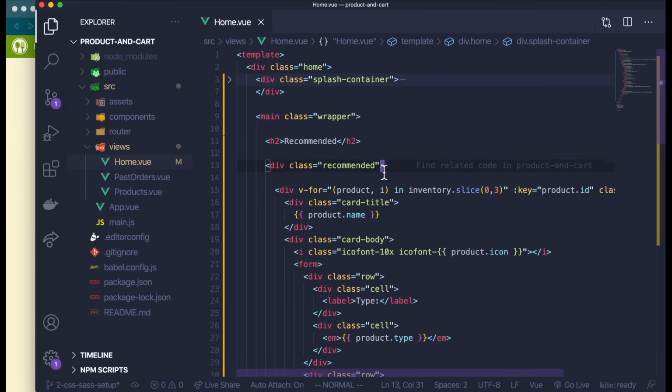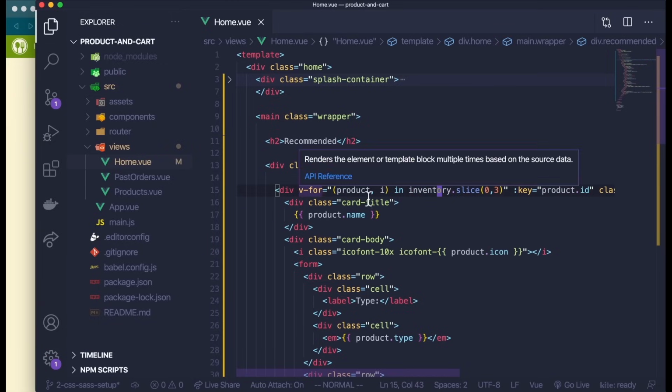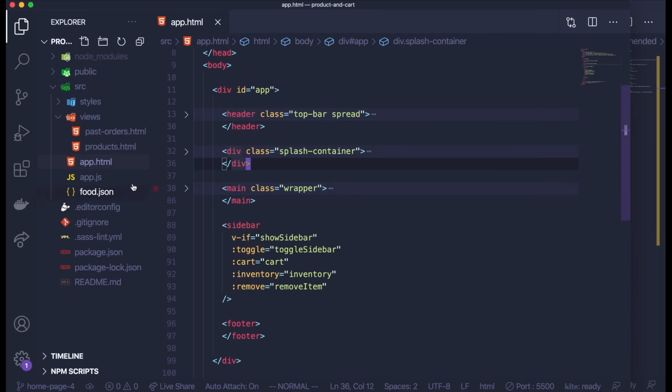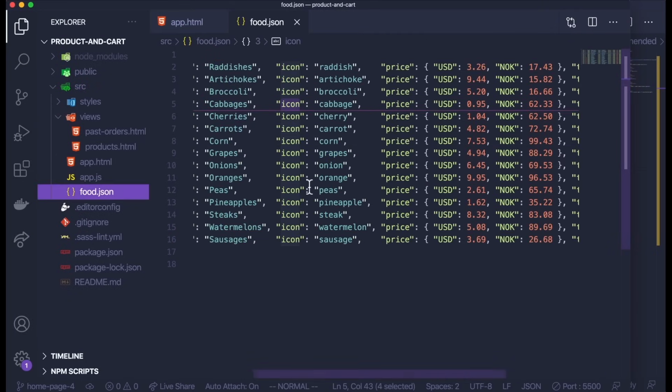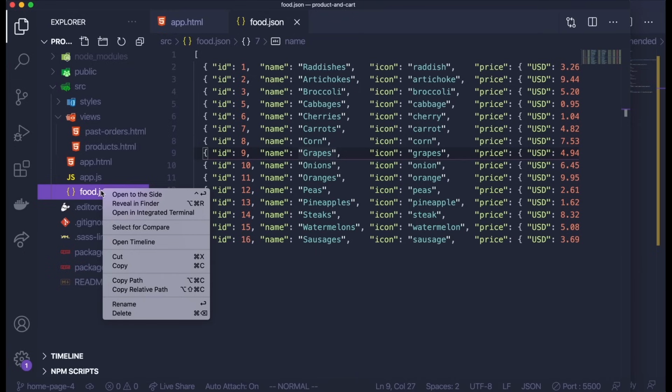And I can search for where that is being used, and inventory.slice. So of course it is broken right now because I don't have any inventory. So let me grab that from my original code base. If I go here, I can see in food.json, this file is really where I have my inventory items. So I'm going to copy this file,